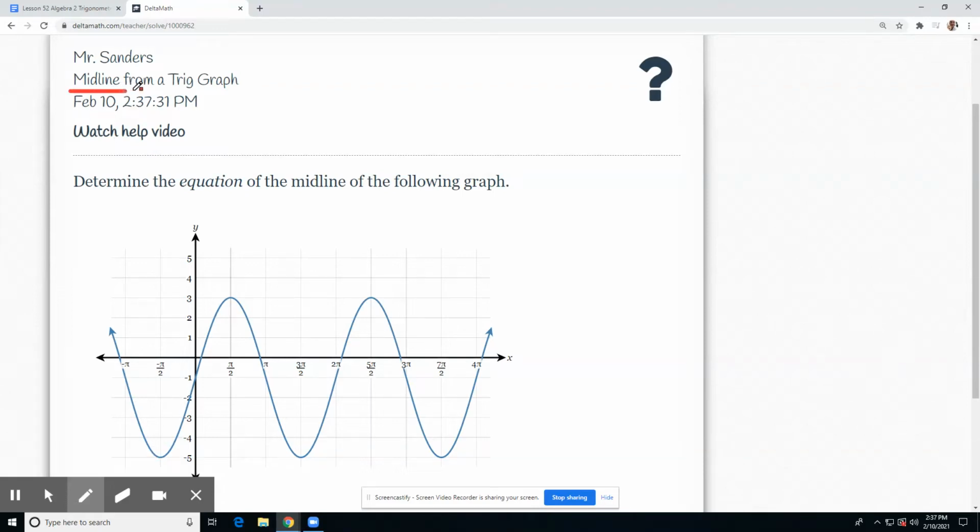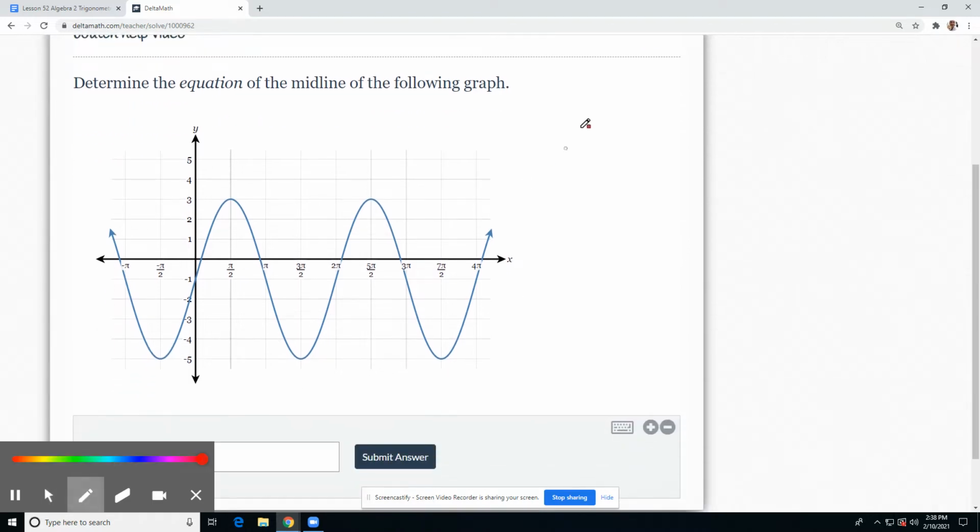We're looking for the midline from a trig graph. The midline is the middle of basically this oscillating function. So oscillating just meaning it goes up and down. To find our midline,